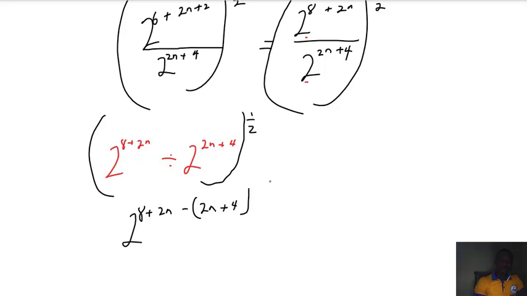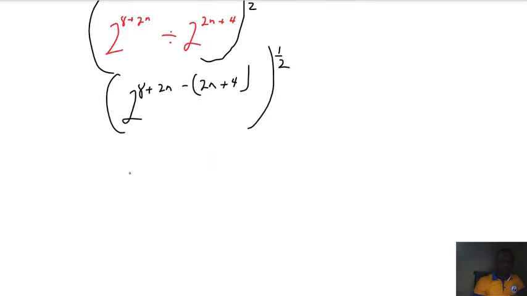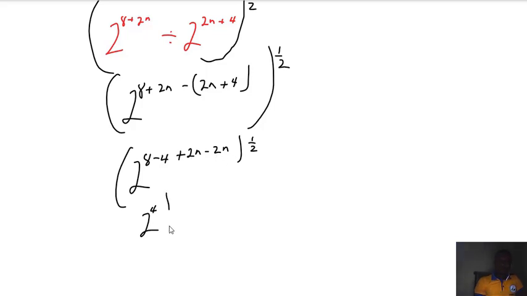and the whole of this exponent by half, so we have 2 exponent 8 minus 4, then plus 2n minus 2n, and all of these exponent by half. So 8 minus 4 will give us 4, then plus 2n minus 2n will be zero, so all this one exponent by half, then we have 2 exponent